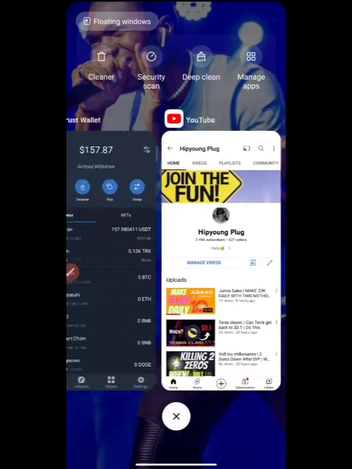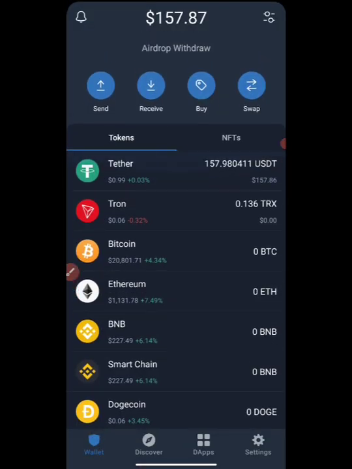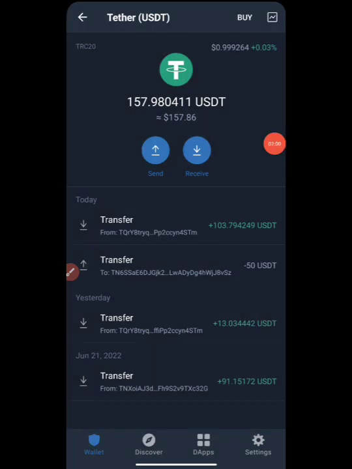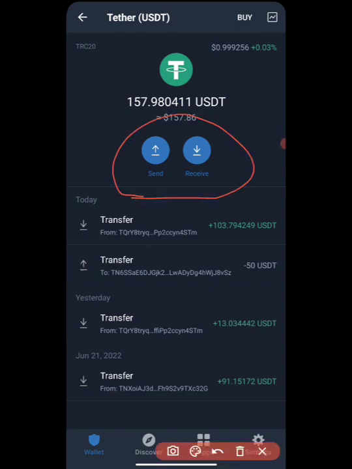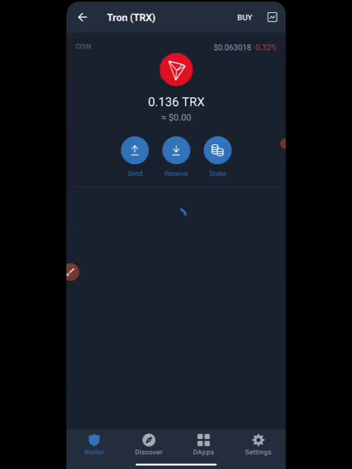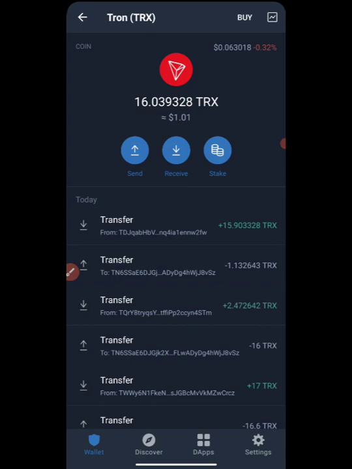So let's go back to the main purpose of this video. Once you log in to this platform, you are going to be getting this amount, and we all know for you to withdraw USDT from Trust Wallet, you're going to need Tron, because this is TRC20. As I said earlier, this is TRC20. So for you to withdraw from this, you need TRX. This is where the game actually starts loading. When you click on this, you can see currently on this balance we're having 1.01 USDT.